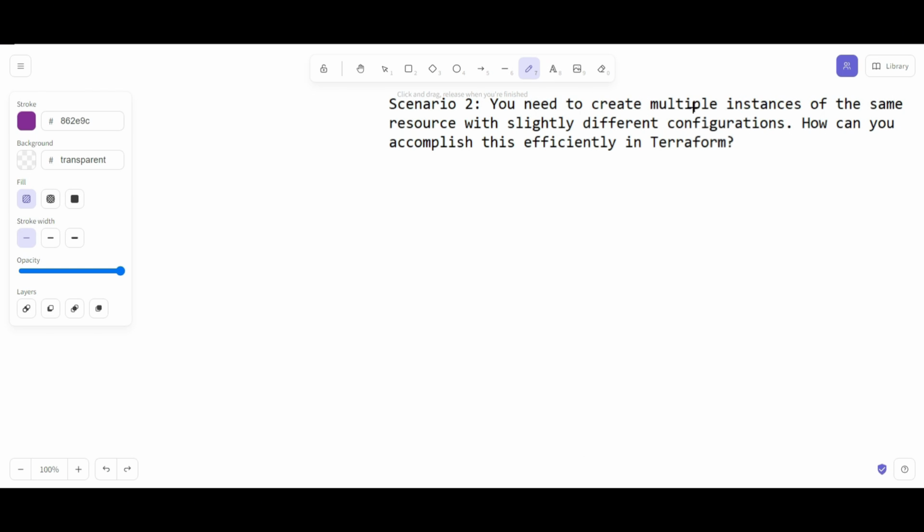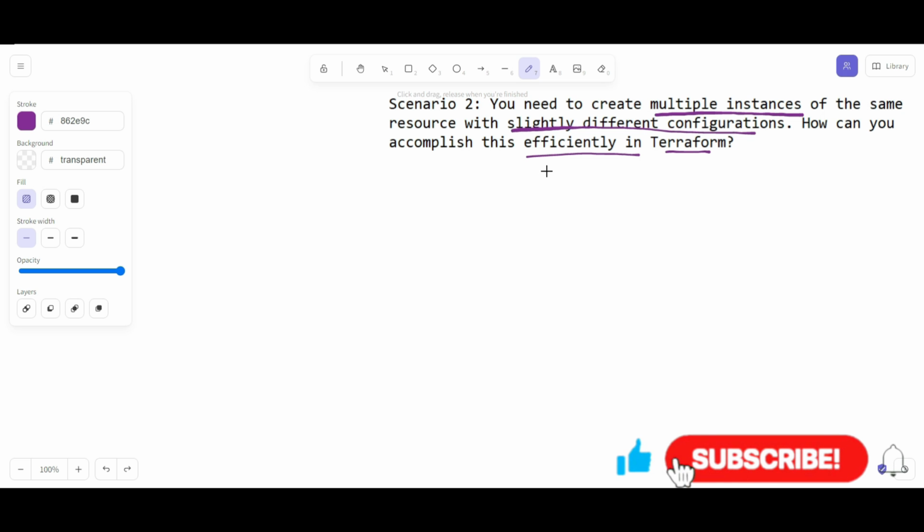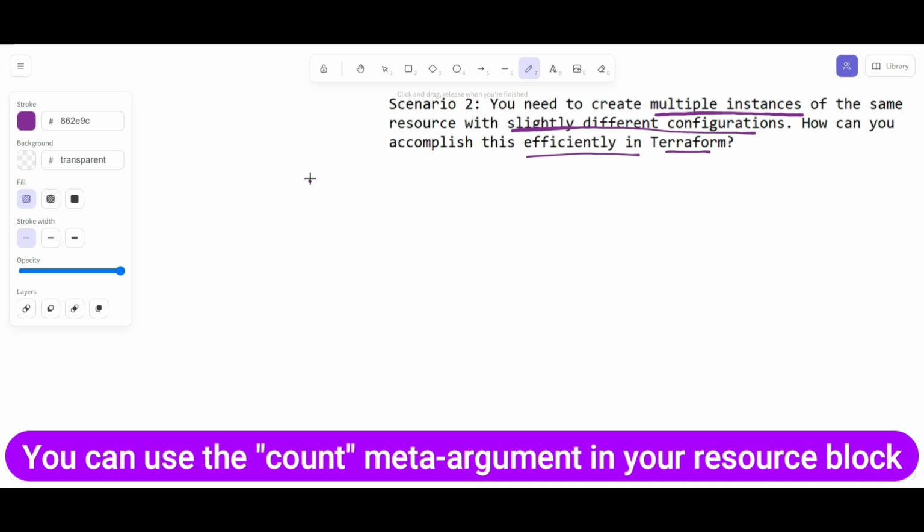Question: you need to create multiple instances, this is the main keyword here, of the same resource with slightly different configurations. How can you accomplish this efficiently in Terraform? If you remember my previous session on Terraform, you can understand this question: Terraform allows you to use loops to create multiple instances of the same resource with slightly different configurations. To do this, which meta argument can we use? We can use the